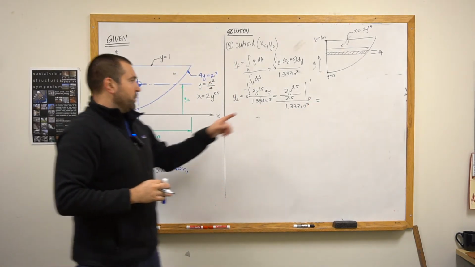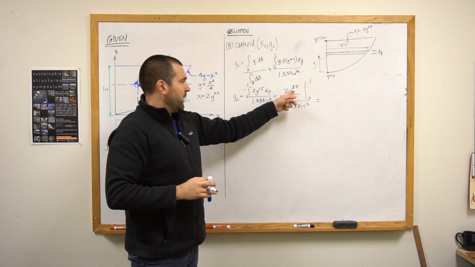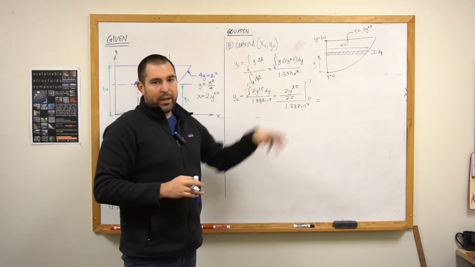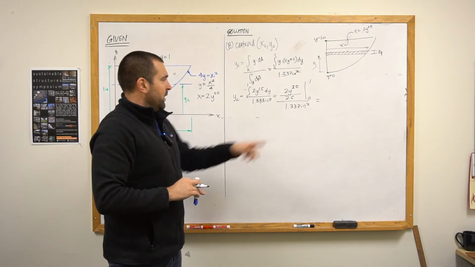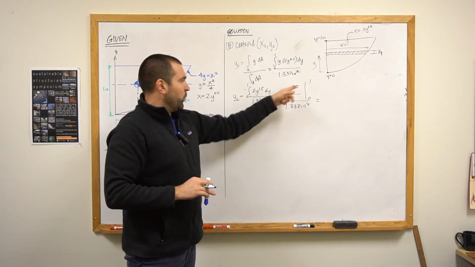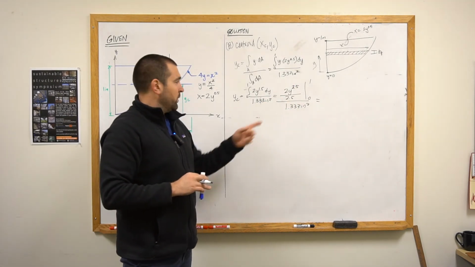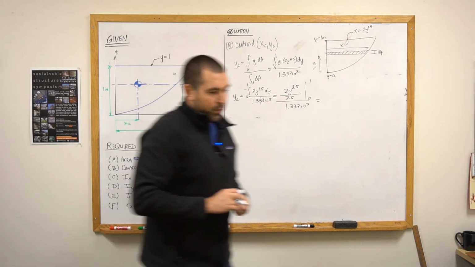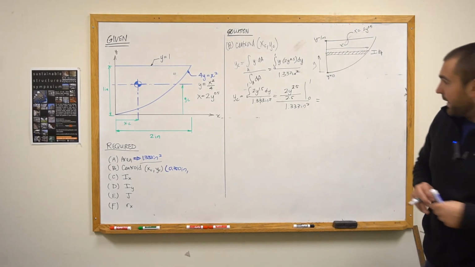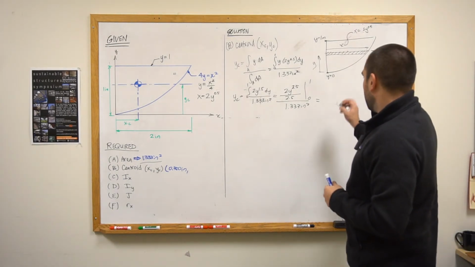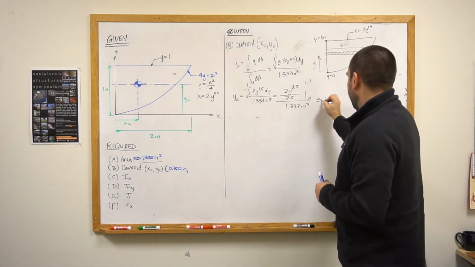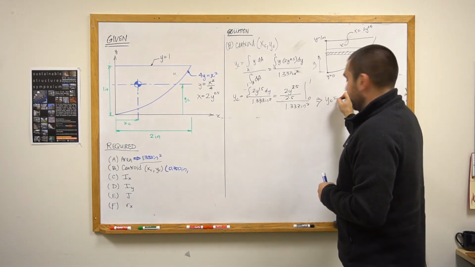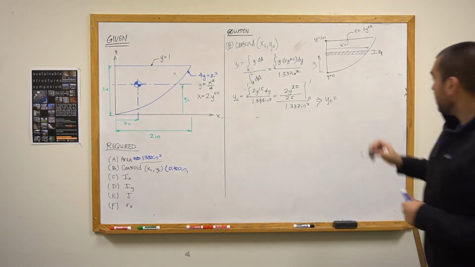So all I need to do at this point is plug in 1 for y. If I plug in 0, I'm going to get 0 for the full answer. So I plug in 1 here, I get 2 times 1 to the 2.5 power is 2, divided by 2.5, divided by 1.333. So if I do that, I get that y sub c equals